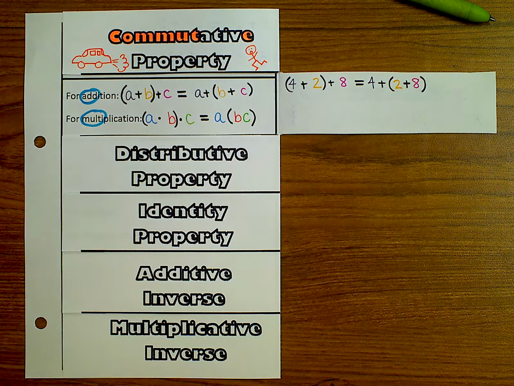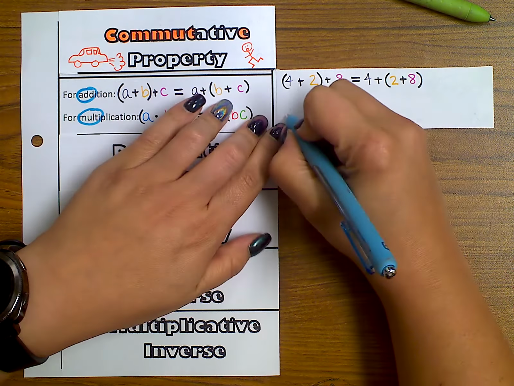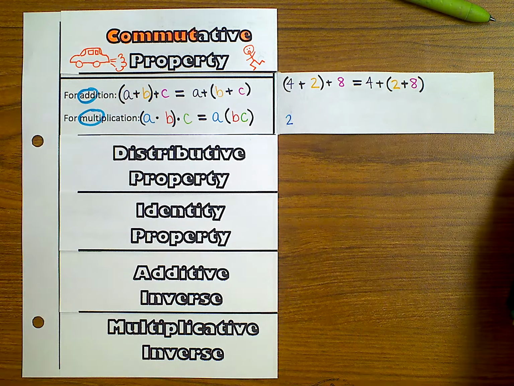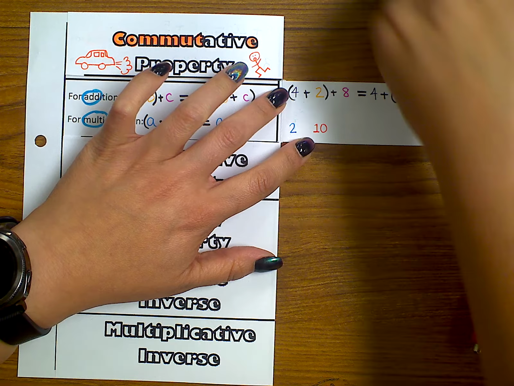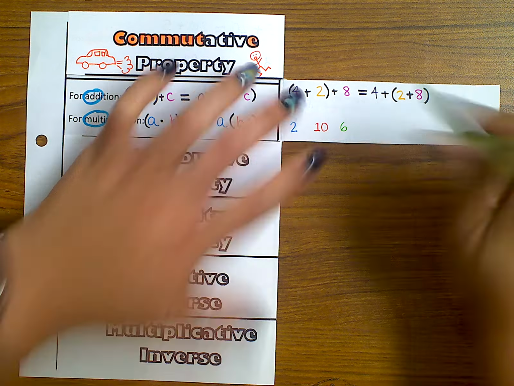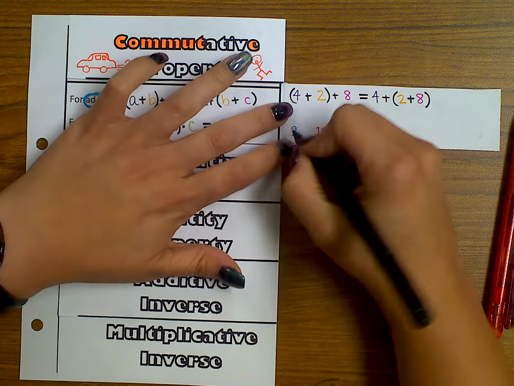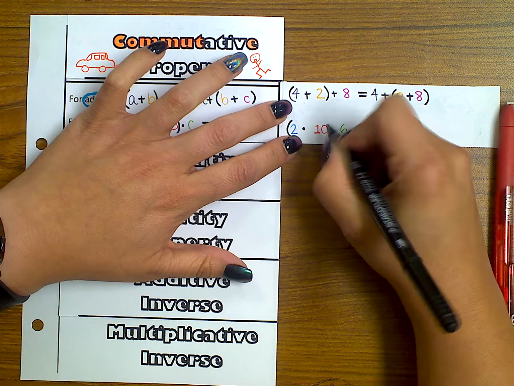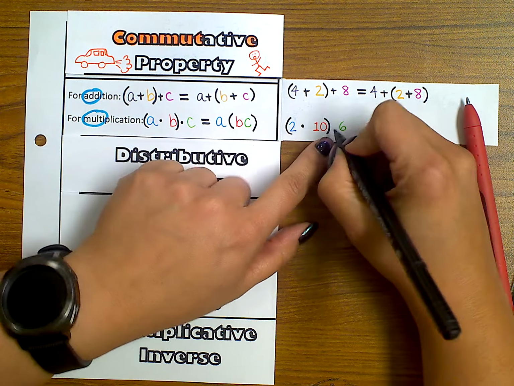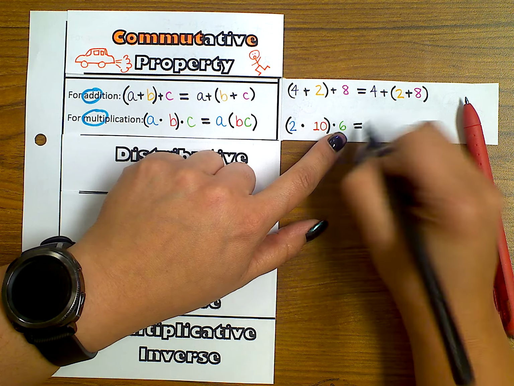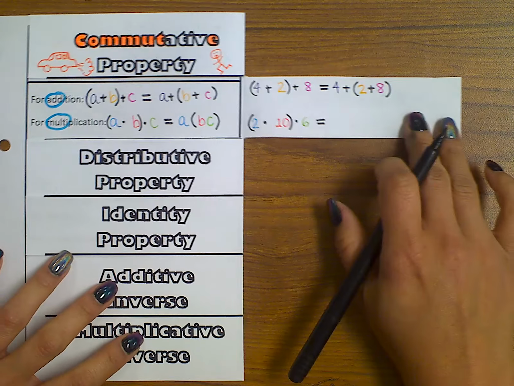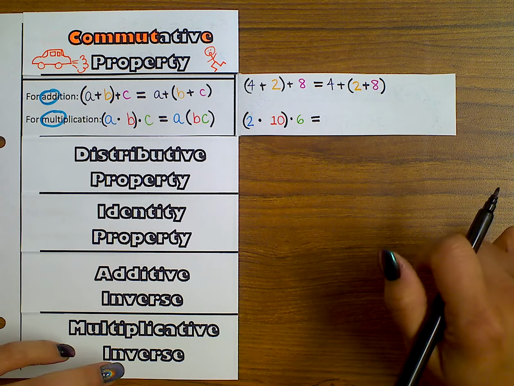So let's use something here such as a blue 2, a red 10, and a green 6. There we go. So I would say that the product of 2 times 10, which is 20, times 6, here we go, is going to be equivalent to